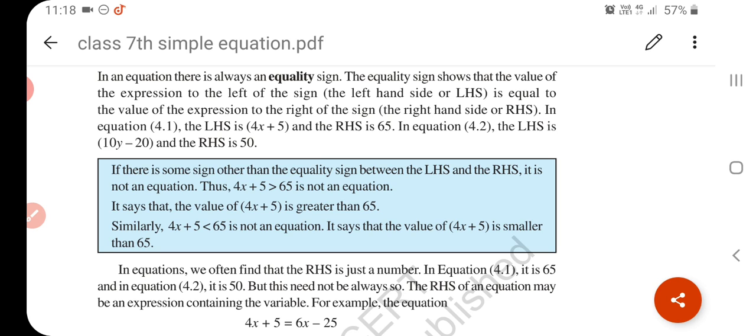Suppose, for example, you go to the market and ask the shopkeeper, give me a chocolate, and you have 10 rupees and the price of the chocolate is 10 rupees. Then you give the shopkeeper 10 rupees. Not 15, not 11, not 8 or 5, it's exactly 10 rupees. So this type you have to balance.